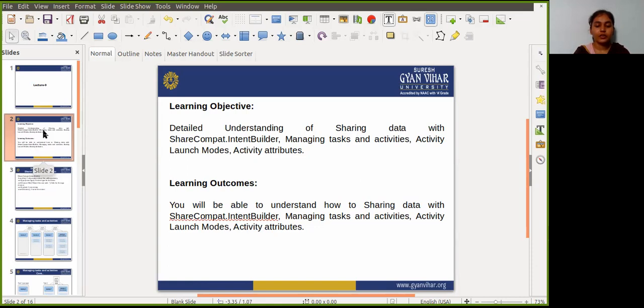So first, guys, we will start to understand how data is received with an implicit intent. If you want an activity in your app to respond to the implicit intent, declare one or more intent filters in the Android manifest file.